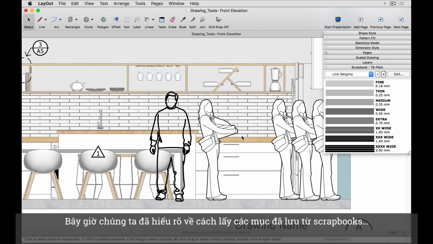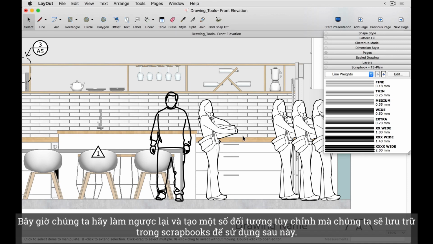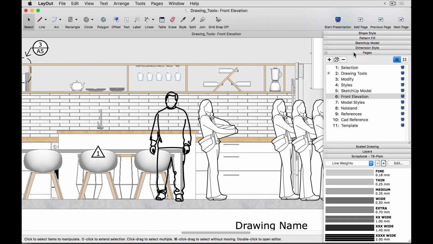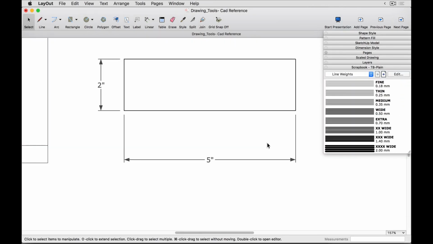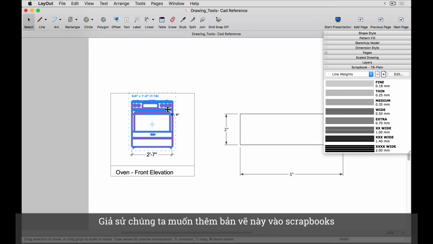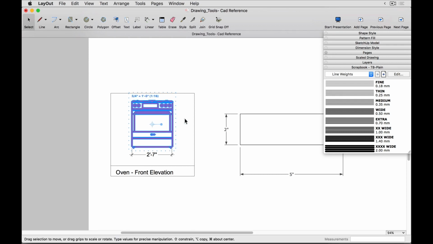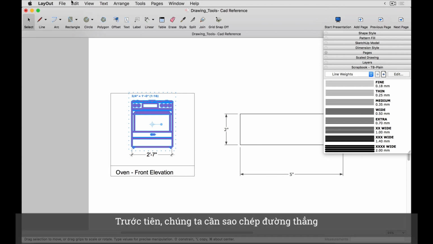Now that we have a good understanding of how to pull saved items from a Scrapbook, let's now do the opposite and create some custom objects that we'll store in a Scrapbook for later use. Go back to the CAD oven enlargement in your layout file. Let's say we want to add this drawing to a Scrapbook, but just this drawing and not our entire layout document. We first need to copy the line work,